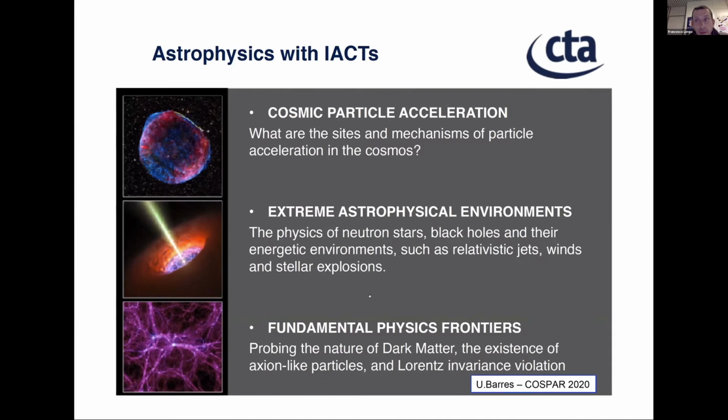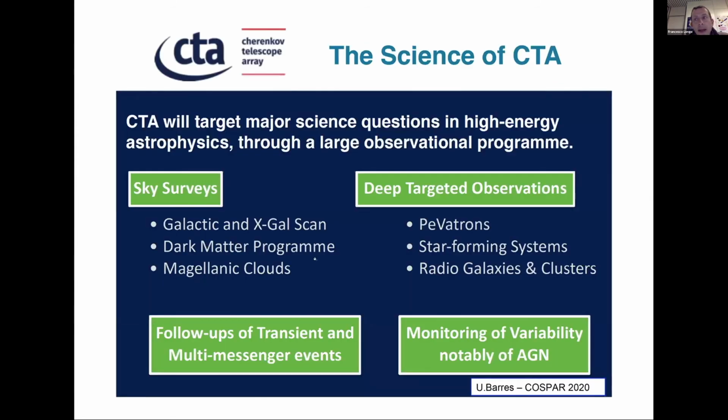Also, the same is true for some fundamental physics like Lorentz invariance violation or primordial black hole searches and so on. So the transient goal is one of the key science topics of CTA. And indeed, the CTA consortium has put forward several key science projects, and one is the follow-up of transient and